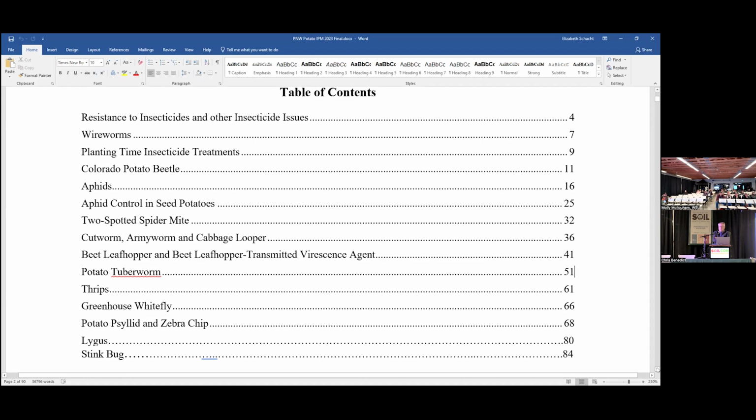It is not going to work for you. Now, the reason why it does not work is it works for about 30 days. You need a longer period of residual control, but the registration is just for an in-furrow use pattern. They are in the process of getting a post-emergence application. When they get that, then it could be a contender, but you need to apply it at plant, and then